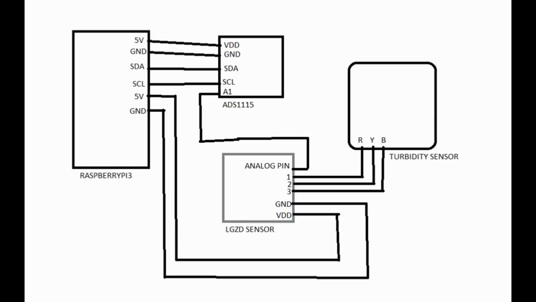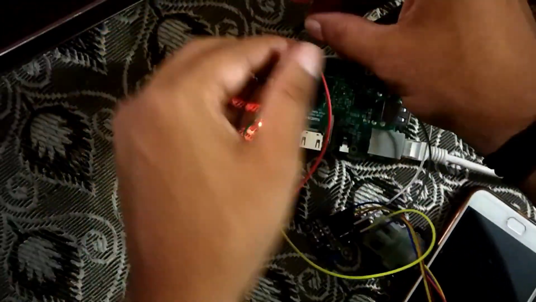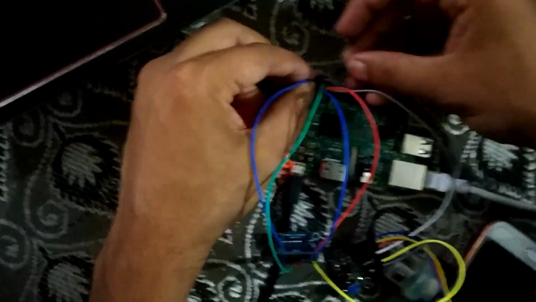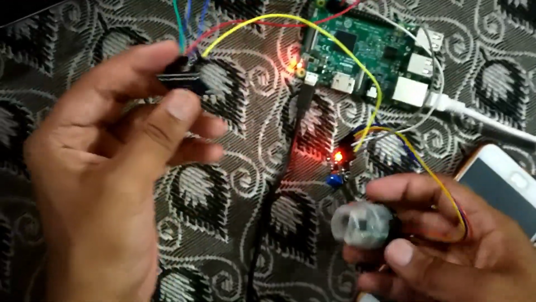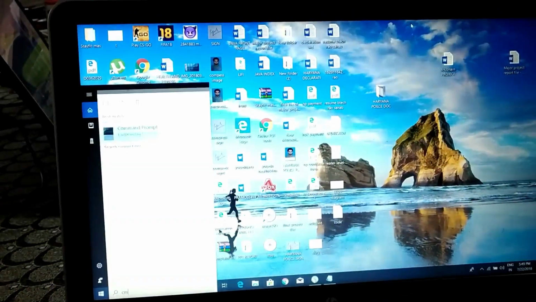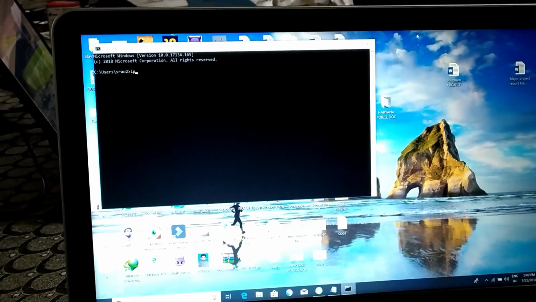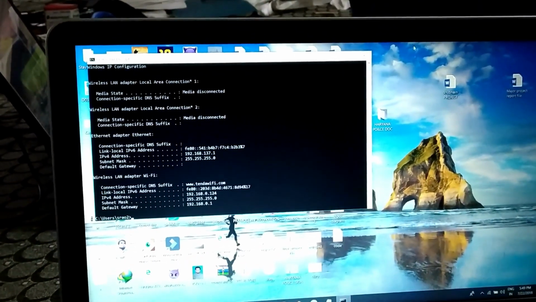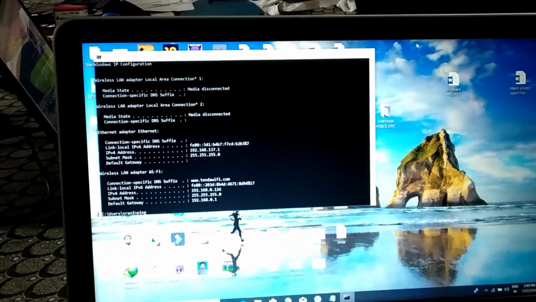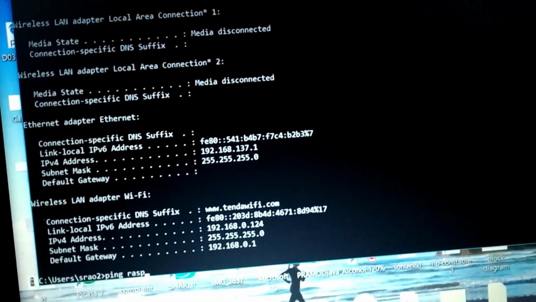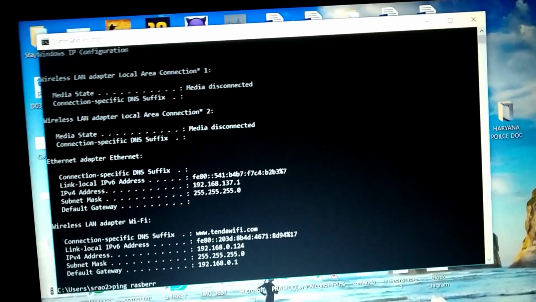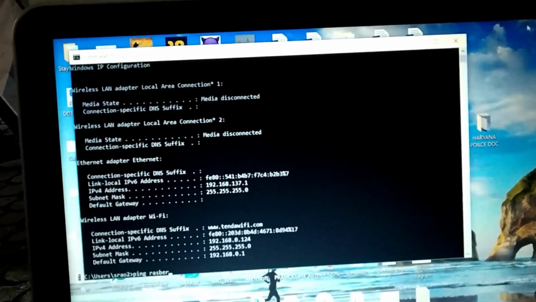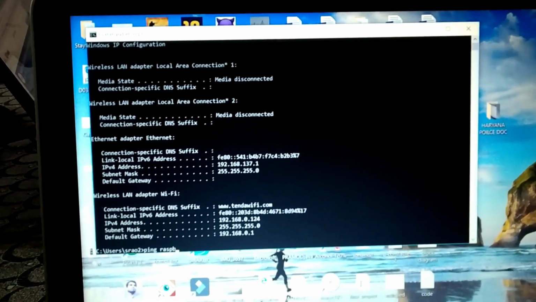That's it. Now we are going to connect our Raspberry Pi to our laptop. Make sure you have enabled the sharing option in your Wi-Fi so that the Raspberry Pi can use your Wi-Fi network. After connecting the Raspberry Pi, just enter ipconfig in the command prompt so that the IP address of the Raspberry Pi is shown. Note down the address. Now we are going to ping our Raspberry Pi. Enter the command ping raspberrypi.mshome.net. If our Raspberry Pi is connected, then it will respond to the ping, or if it is not connected, then it says only timeout. So just note down the IP address. We will be using this IP address to connect to our Raspberry Pi.